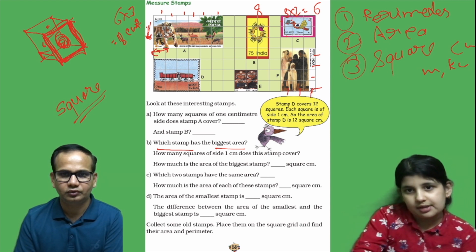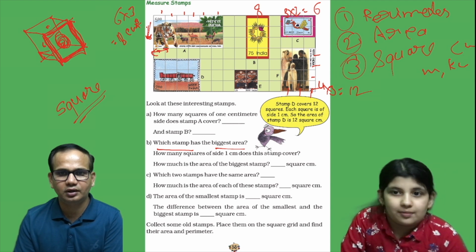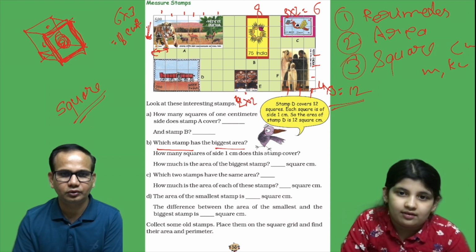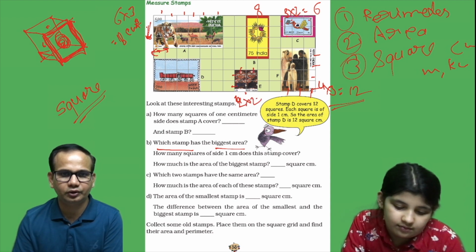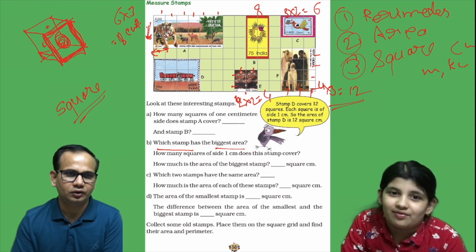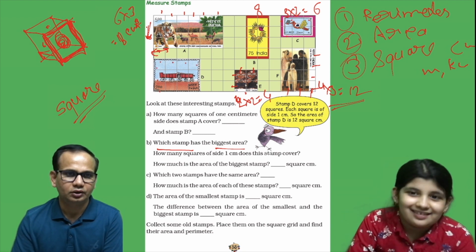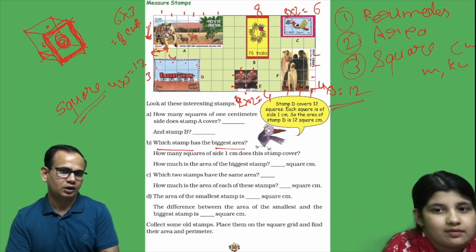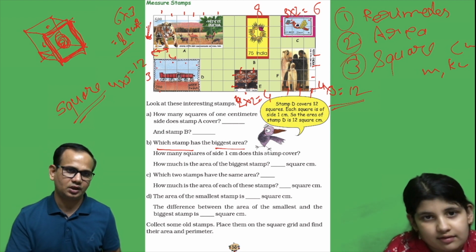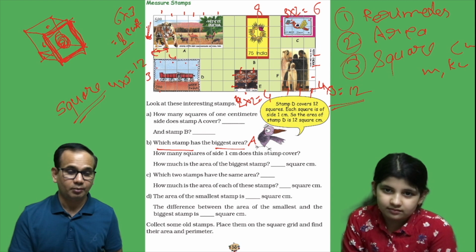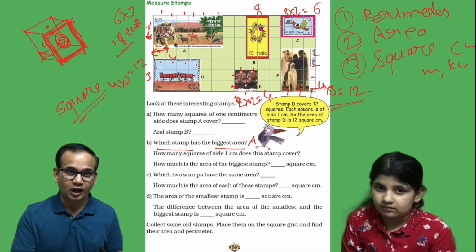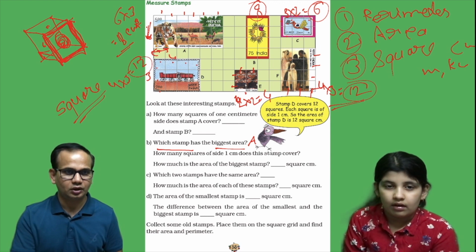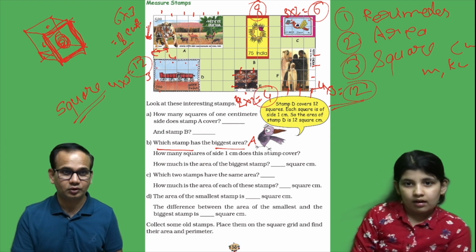4 into 3 equal to 12. Right or wrong? Yeah. And here 4. 2 into 2, 4. And here 12. Here 4 into 3 equal to 12. Understood? So biggest is this A. Right? So I'll say A. But pay attention, Avisha. I just wrote here 8, here 6, here 12, here 12, and here 4.